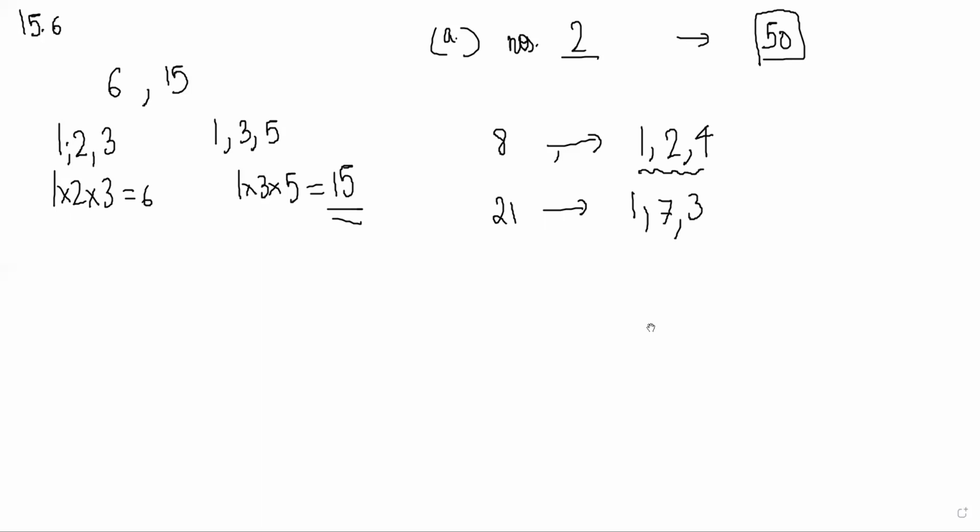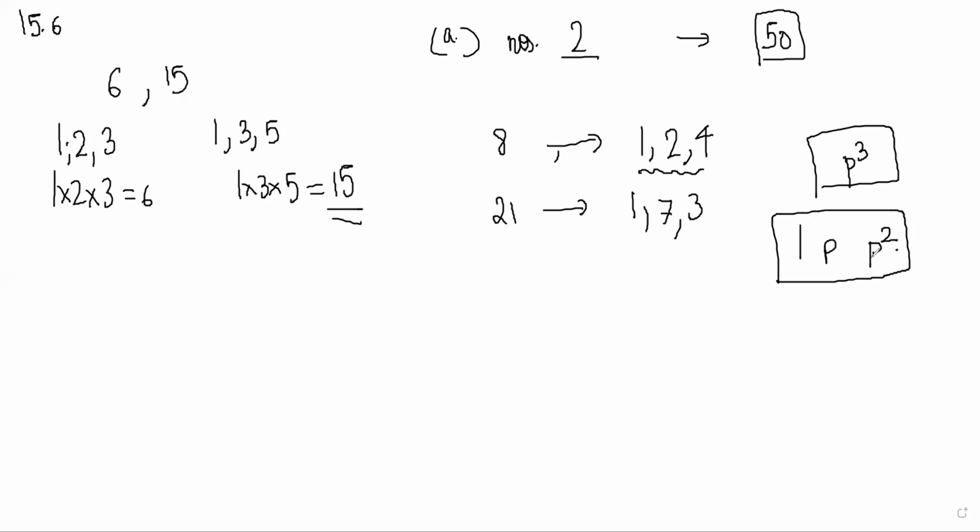So a product perfect number is either a product of 2 distinct primes or it's a p cube, a cube of a prime, right? If it's a cube of a prime, what were the factors? 1, p, and p square, right? Yeah. So 1, p, p square will multiply to give this. Okay, makes sense. Correct. So that is part B only.